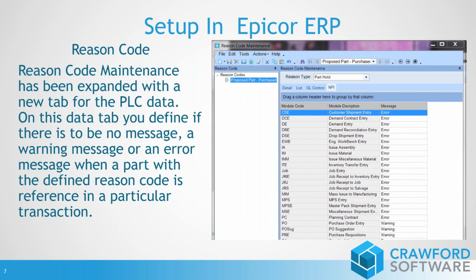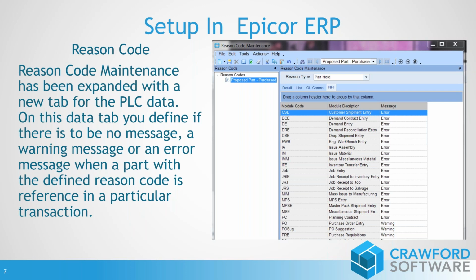And you have the capability for each one of these transactions to define when, as an example, let's start with the one that's highlighted here, customer shipment entry. What that is translating to from the code that you see there is when a part master has this code on it, this one being 10P, and it's the one I'm going to use in my example. If you go in and you try to enter this part number, that part number that I've flagged that way, on a customer shipment,